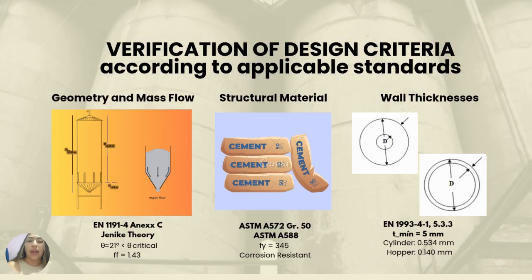specify the silo material, especially A572 grade 50 and A588 steels. These define the properties of low alloy steels, ensuring a strength of 345 megapascals and durability against corrosion, with welds according to AWS D1.1. Third, the international ISO standards, which establish load calculation methodologies,